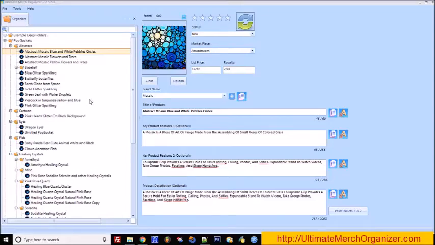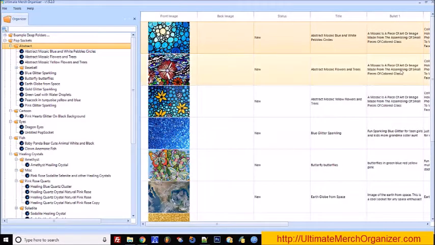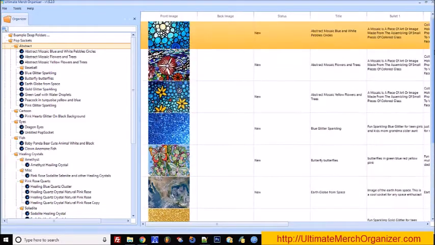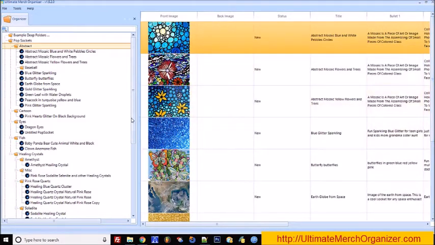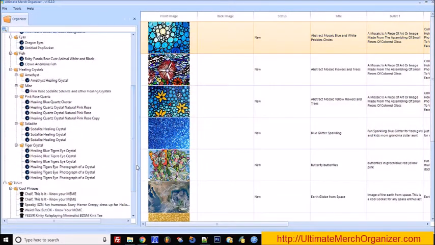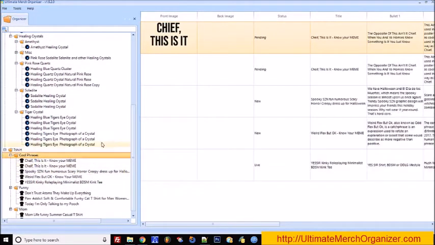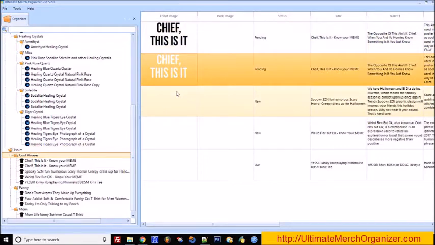Hey guys, it's Nitin here, and this is the Ultimate Merch Organizer, a Windows app that I created to use myself to manage all my merch t-shirts and pop sockets, and now I've made it available for everyone else. So, using this app is very simple as you're about to learn, but you will see just how powerful it